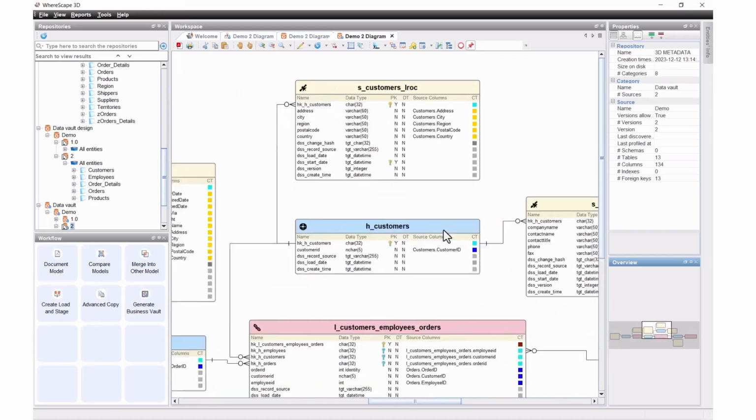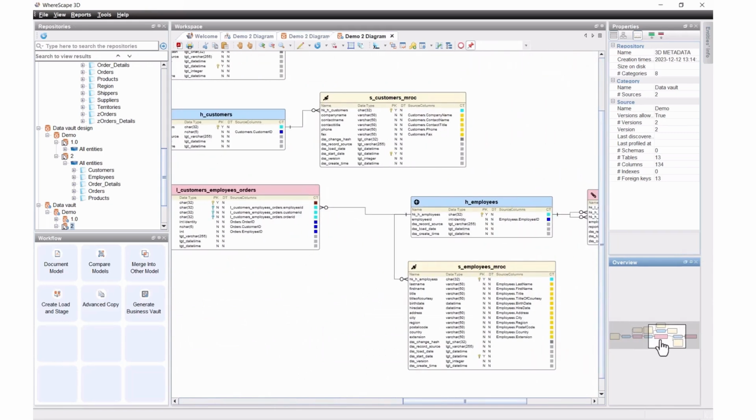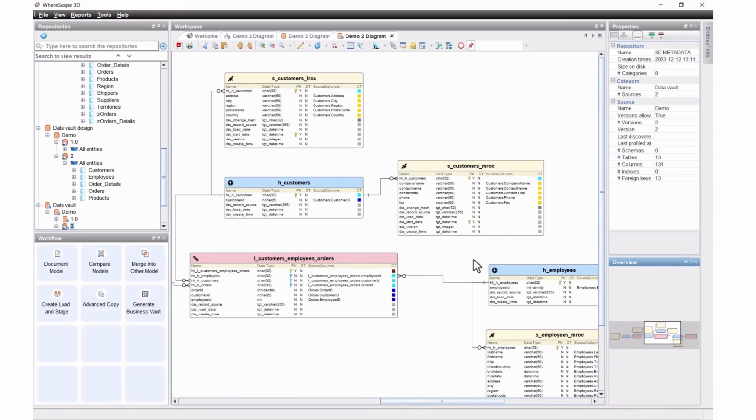Now what I need to do is review this, make sure this is exactly what I want. This is my logical model of my data warehouse, my data vault design with the hub satellites and links. Are they correct? Do they make sense? I can review this, I can test it. If I don't like what I see, I can go back a step. Maybe I need to change the rules. Maybe I need to change what entities are in there. Maybe I need to change the attributes that are assigned to some of the columns. But the nice thing is, as you saw how long it took, just a few seconds to create this, I've got the ability to rapidly create this, make any small changes, and then regenerate it.